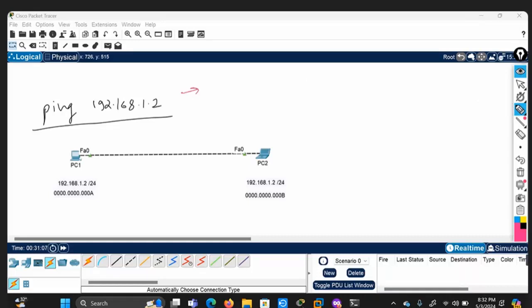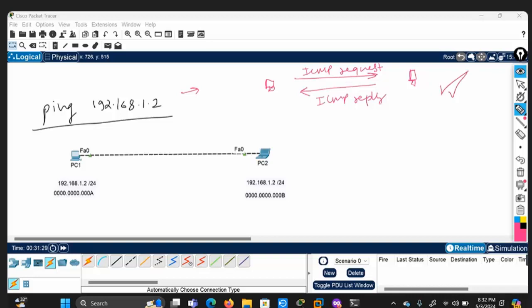Ping is successful only if the source PC sends an ICMP request message, and the destination PC replies back with an ICMP reply.